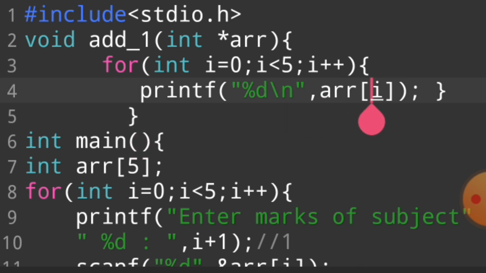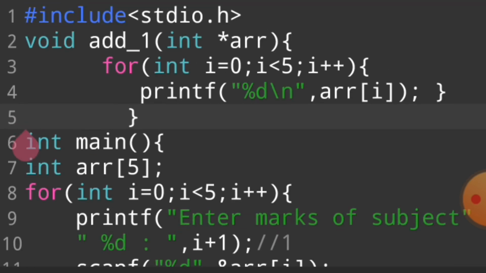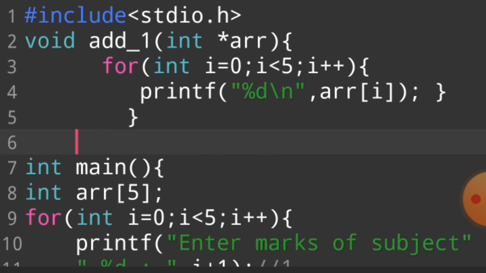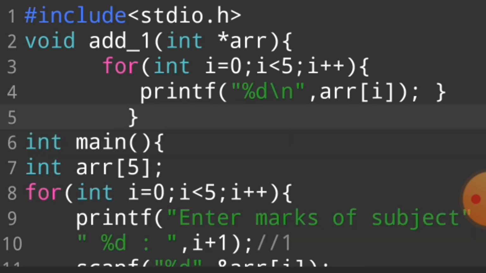So an array is also an address. First of all we pass the address, and with the help of the pointer we find which value is stored, and then we print arr I. In arr 0 whichever value is stored is printed, then I becomes 1, arr 1. In arr 1 whichever value is stored in our computer is saved. This is not a difficult program, guys. I hope you understand this topic.